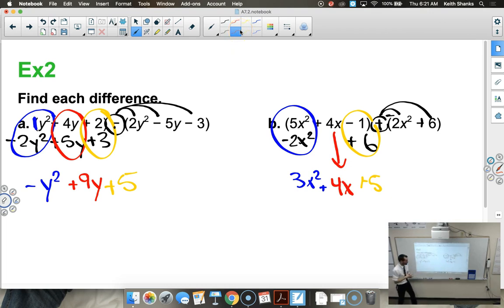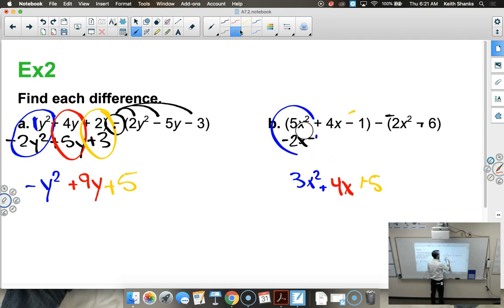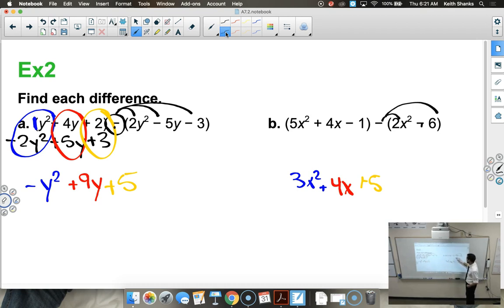Okay. All right, again, that's the horizontal, the vertical way. If it's easier for you, just really quick, I just want to see the different ways. Again, I distribute my negative, so it ends up being negative 2x squared minus 6 plus 6. It was a negative, now it became positive. All right? And then I could just sit here and think through this